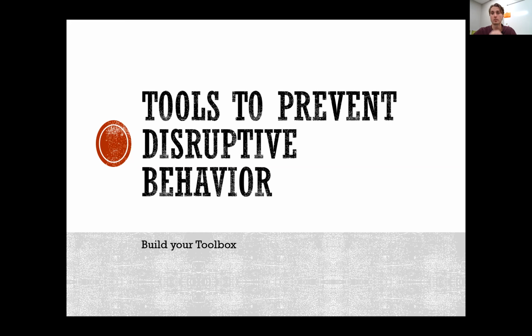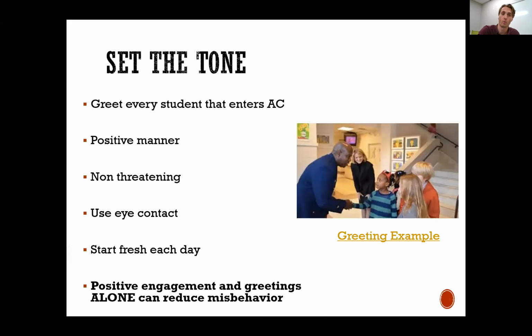So this part of the presentation is really about, how do you create an environment where a majority of the students will behave in a way that is positive to the school and positive to the after school program, right? One of the big things that you all can do is setting the tone. This might seem small, but a good relationship with an adult in a building actually has major outcomes on whether or not that student is going to behave well or misbehave.